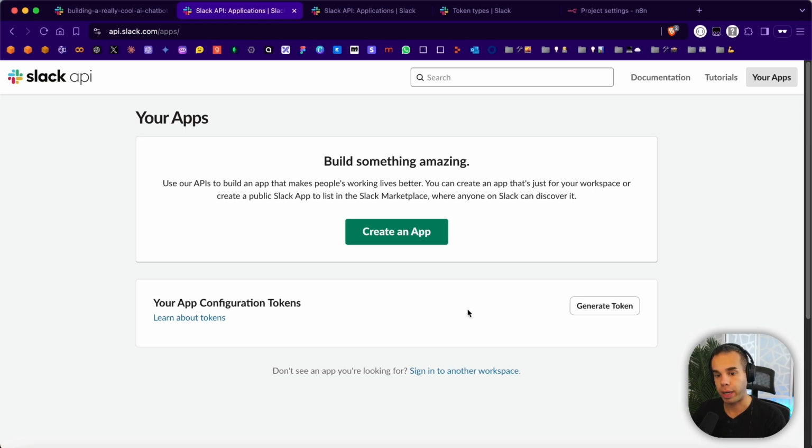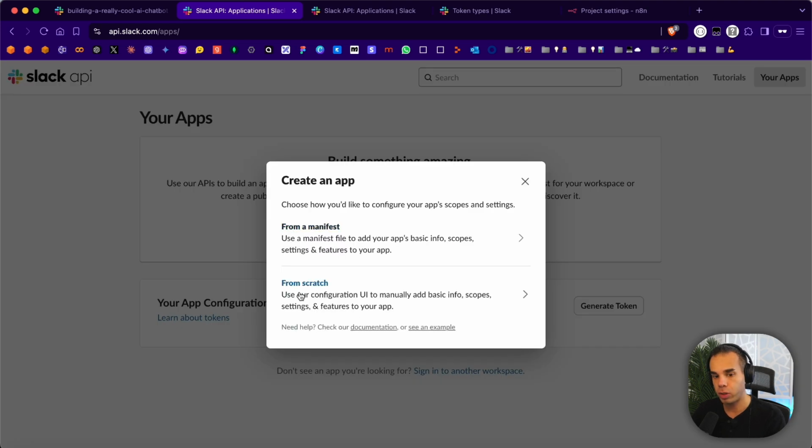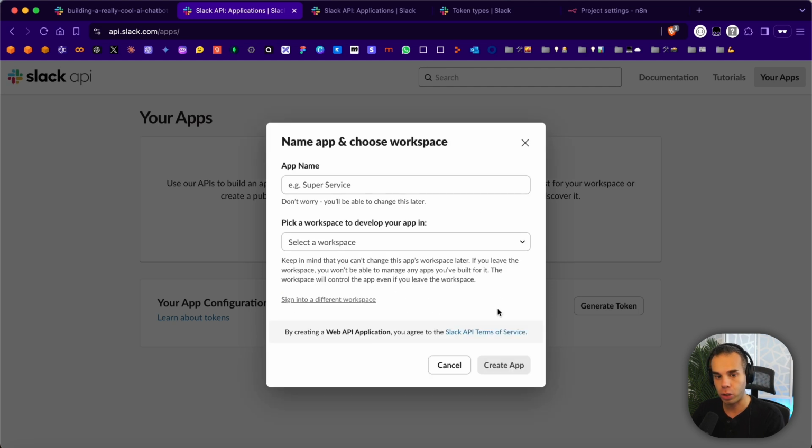And this is going to abstract a lot of that complexity around token use so that we'll be able to actually integrate this into our Slack workspace super easily. So we'll create an app. And something that I like to do is just do from scratch. And this will allow us to just go through the settings and the scopes and all the features. So we're going to call this